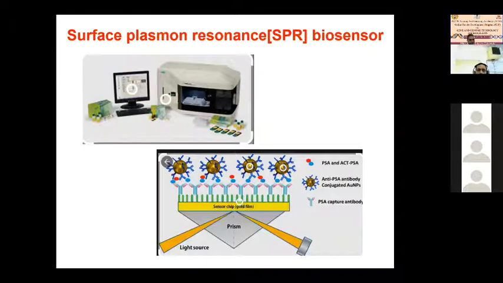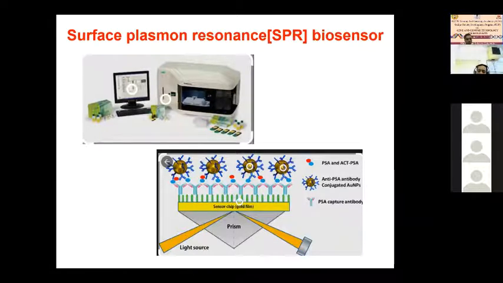And this is the lab-based system called the surface plasmon resonance biosensor. This is a BioRad machine, and then there is a Biacore machine. There is some other, the Reichert. There are many companies in the market now, but these are very costly systems. We do not have many systems in the country. But the advantage these systems have is a very good molecular interaction platform.